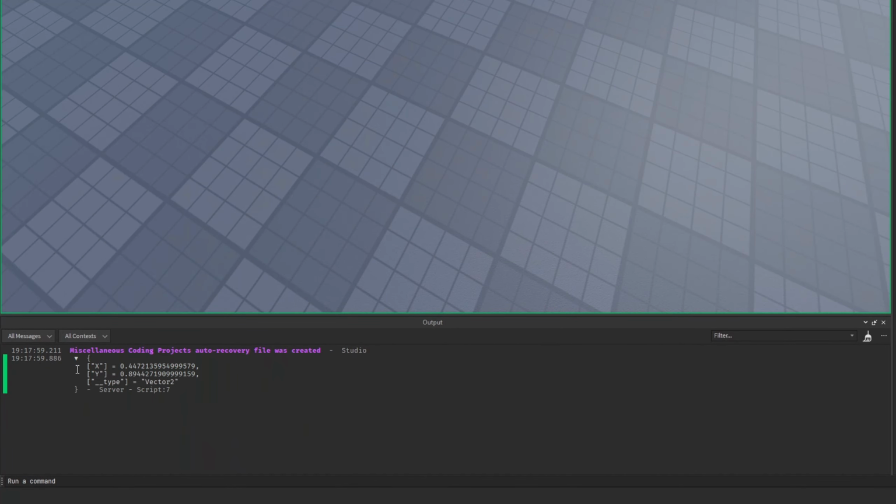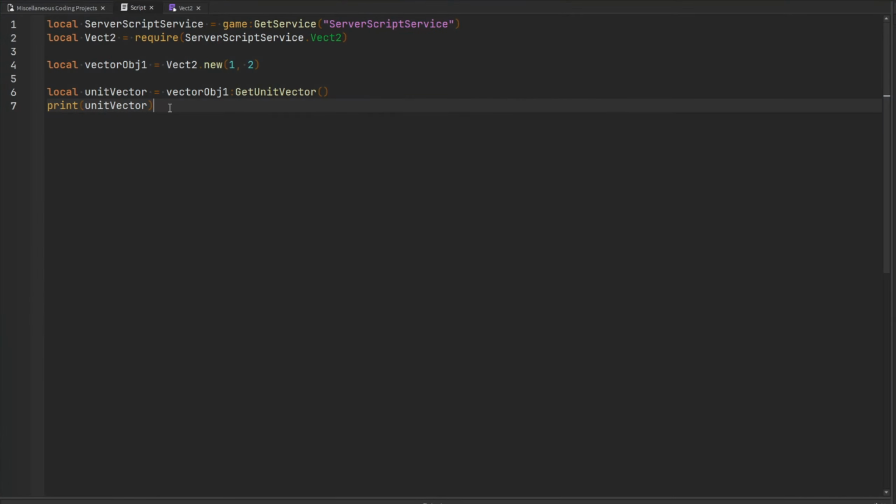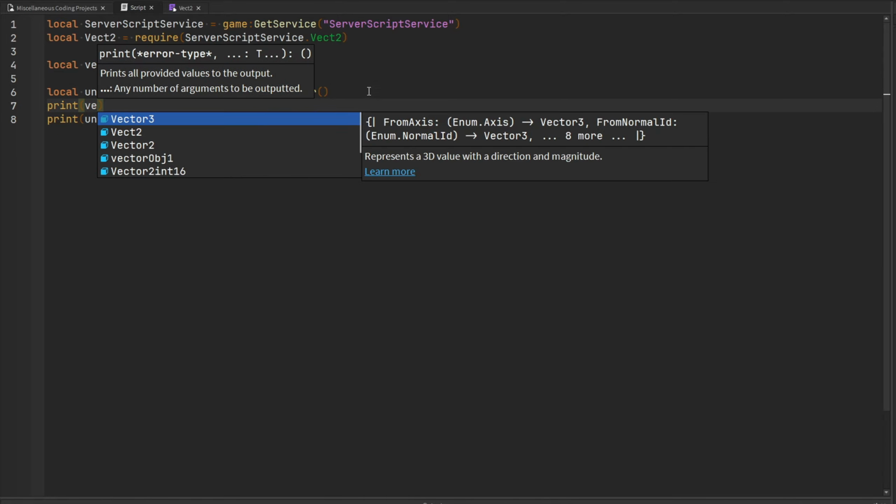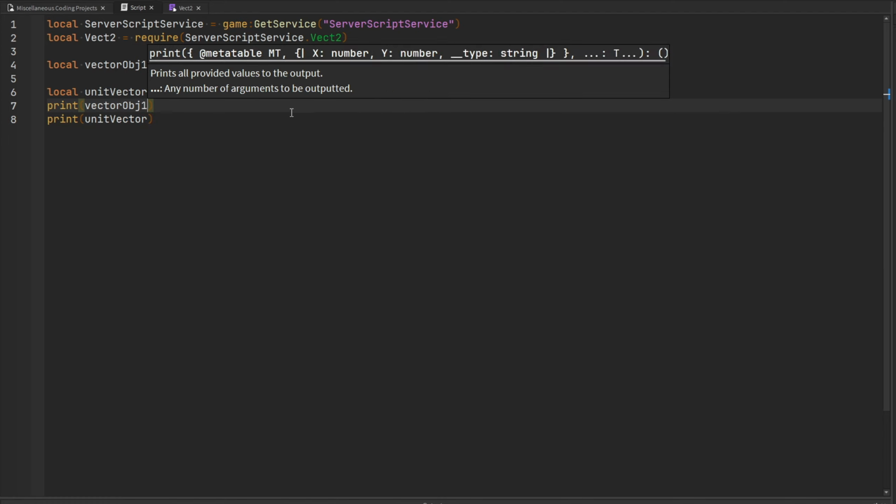And there we go. Here is our unit vector. As you can see, it did the proper calculation. So now our vector has a length, or a magnitude, of 1. Now the reason why this is a bad practice is because look what happens when I print my original vector